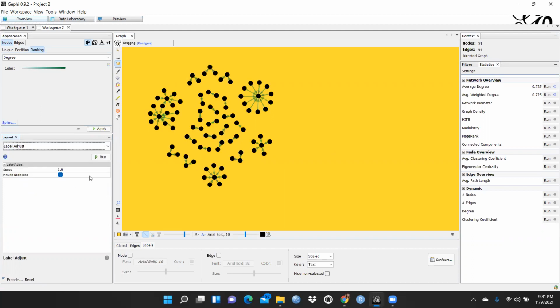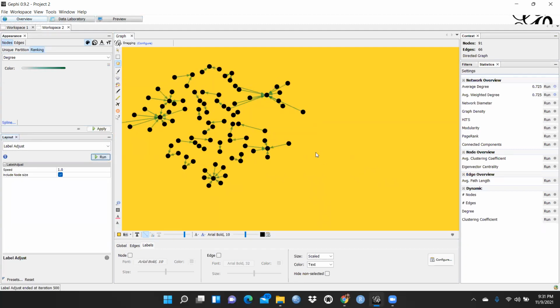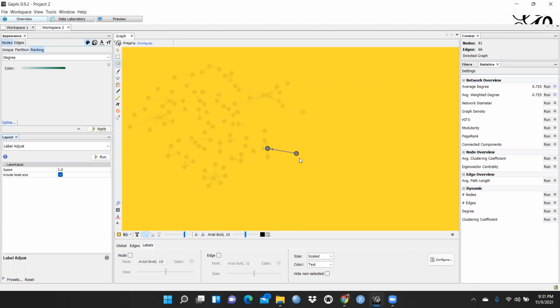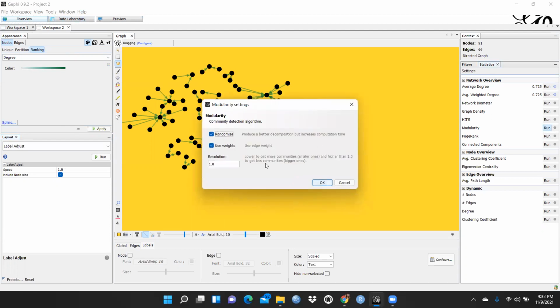And label adjust also, you can simply press run. So you can see here label adjust, right? And simply you can drag also, you can change these nodes also. And one more thing, let's say you want to run this modularity, and you have to press run and you have to press OK.